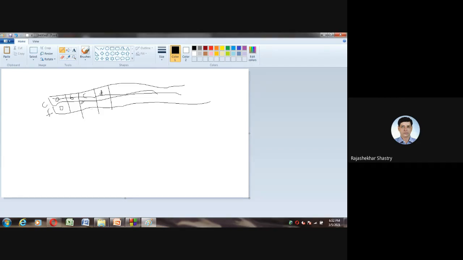But what are we doing unnecessarily? This representation is not needed at all. For me, there is no need to explain to the compiler that this particular location is holding the character A. My assumption is that A is nothing but 0 for me, B is 1, C is 2. Likewise, if I reach Z, for me Z is 25.